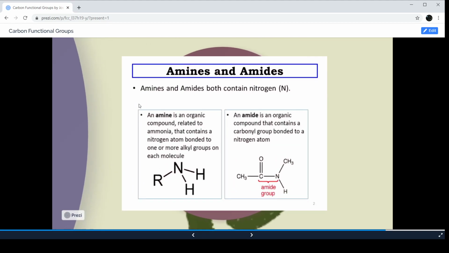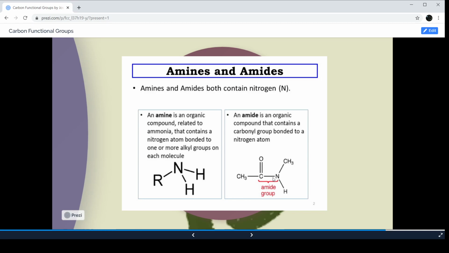Next we're going to have amines and amides, and these are our nitrogen compounds. An amine group is where you have the nitrogen as a terminator. Notice that the nitrogen wants 3 bonds, it has 3 bonds, it's connected to the main chain through that R, and then it has these 2 hydrogens here. That's an amine group, whereas an amide group is